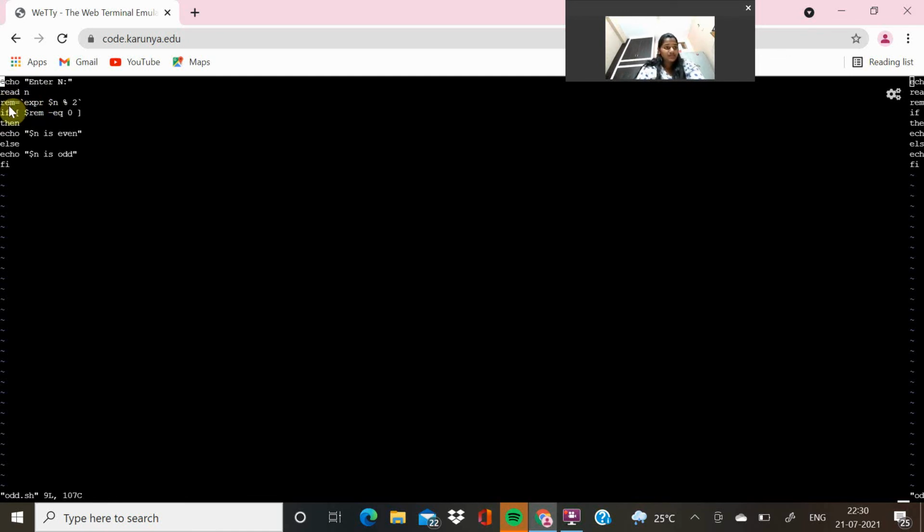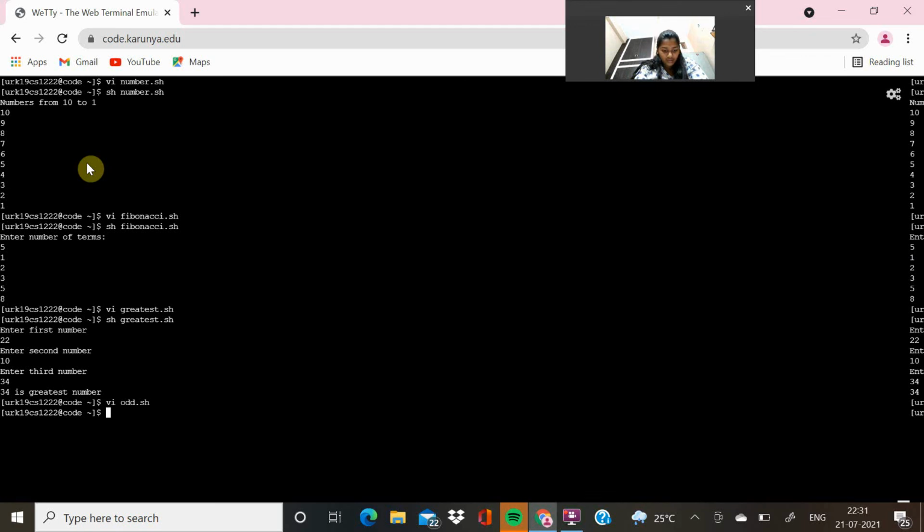Here the remainder equals expr n modulus 2. If the remainder equals 0, then echo n is even, else echo n is odd. Then escape and double Q to exit the shell, then sh odd.sh, and here it is asking us to enter n.